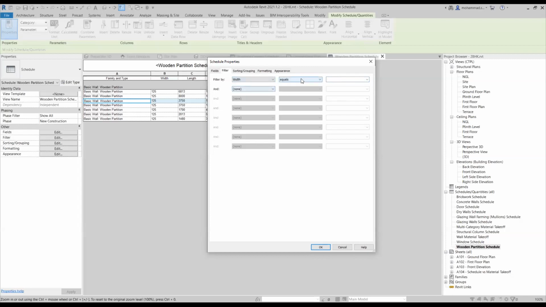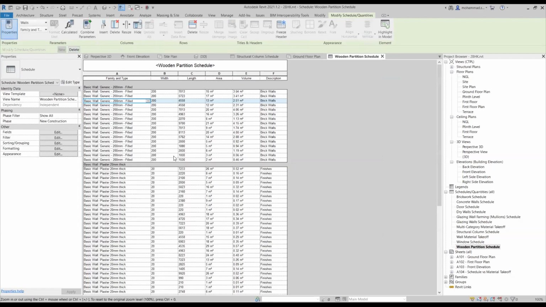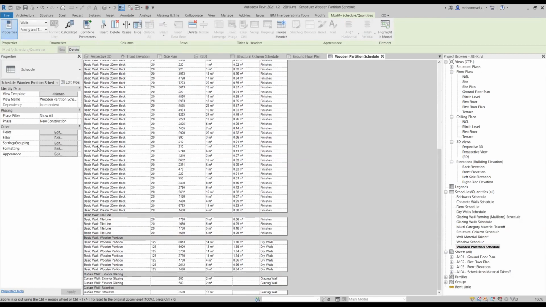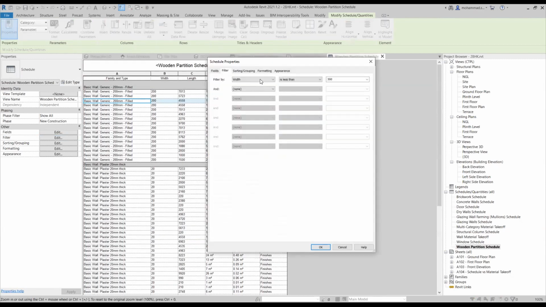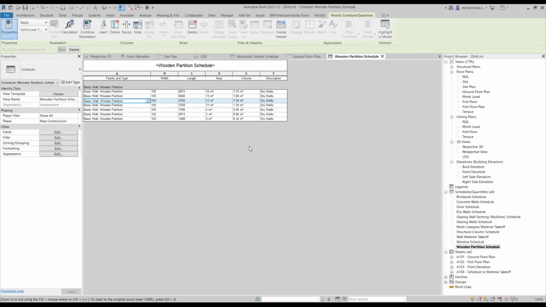For example, width-wise, I only want to take walls which are, let's say, less than 300 mm. If I click OK, concrete walls are not included because those were 300 mm. Right? So the filter is a very powerful option. We can use any property of the wall or maybe any component, like in this case wall, and use that property to filter out a particular type of family. So in this case, I want to only include families which fall under the drywall description. And as you can notice, these are filtered out.